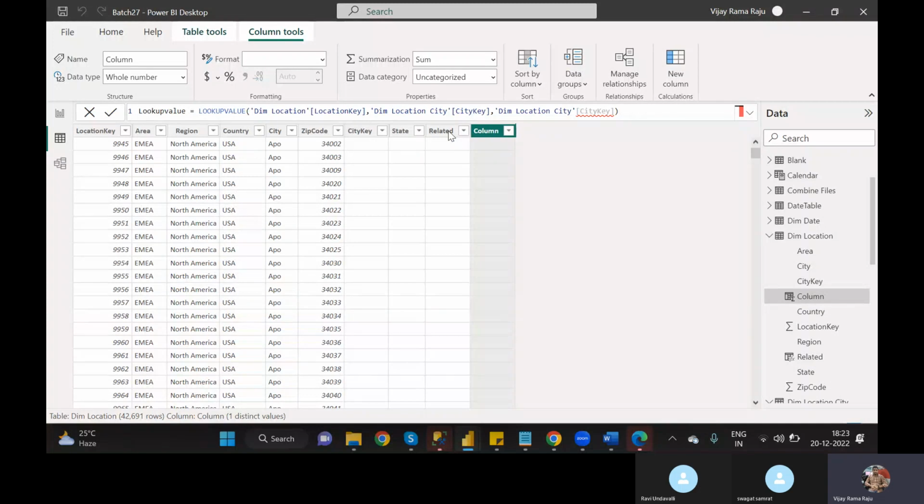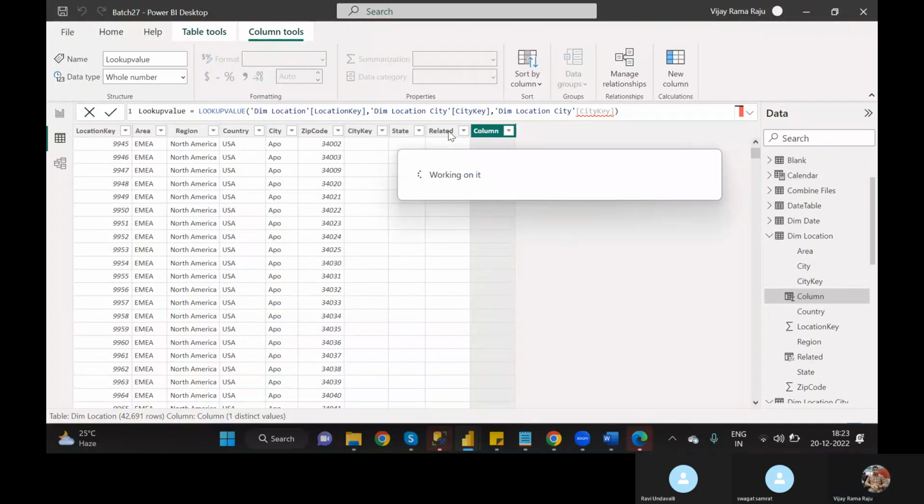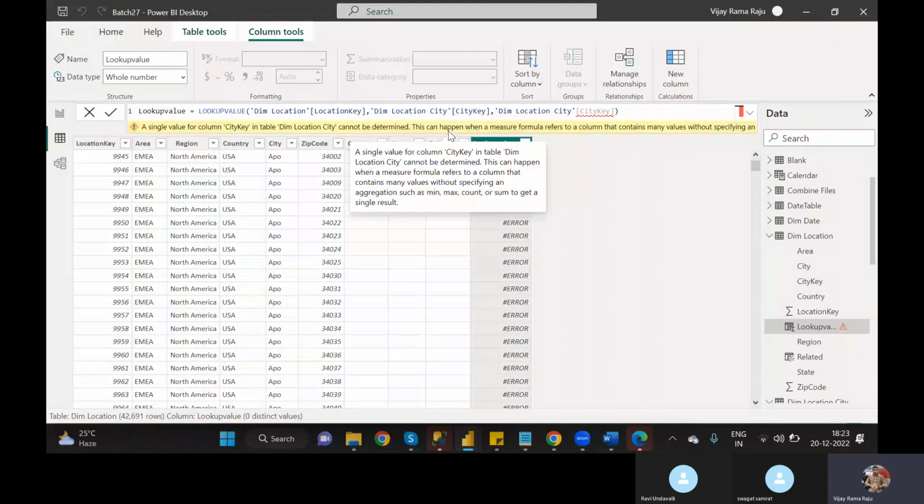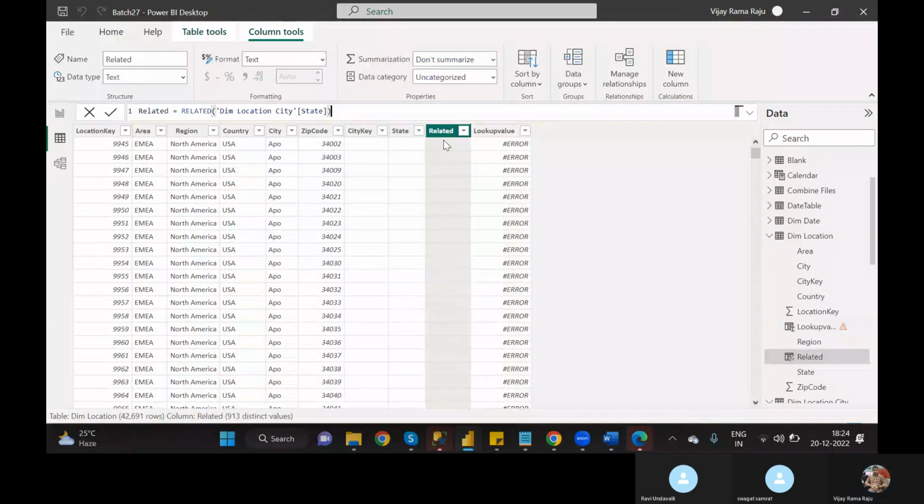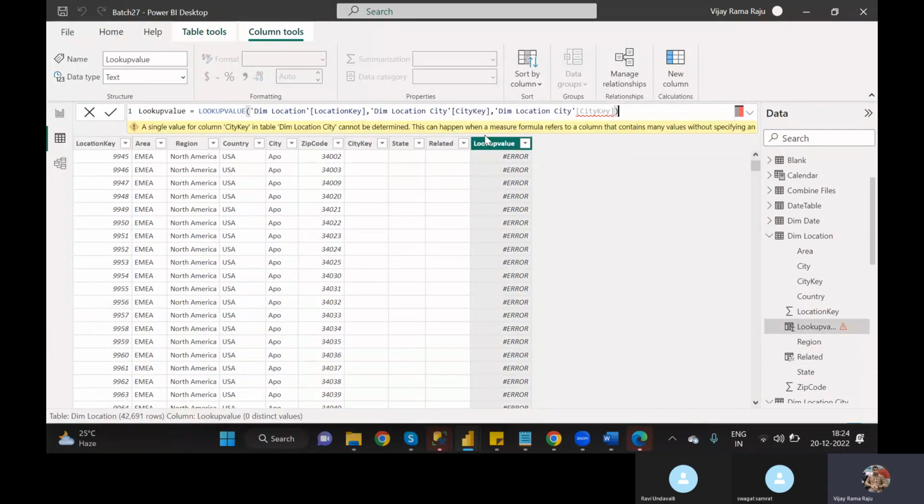what column do you want to get? State. From the dim location city, suppose I want to get the state column. So that column you have to mention here, from dim location city, you need to get the state column, and in between that